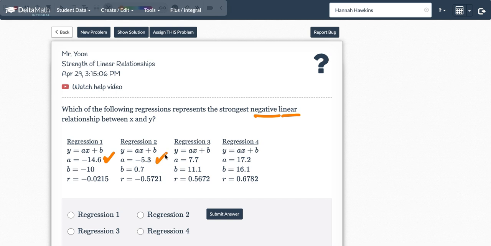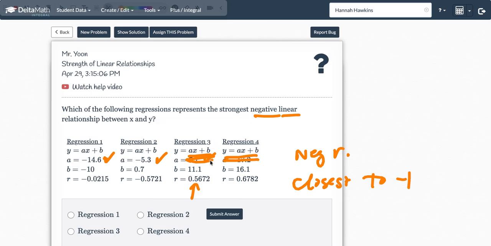That has a negative slope. This one does. This one does not. So let's look at these three, and we're going to have negative R's. But the one that's closest to -1,